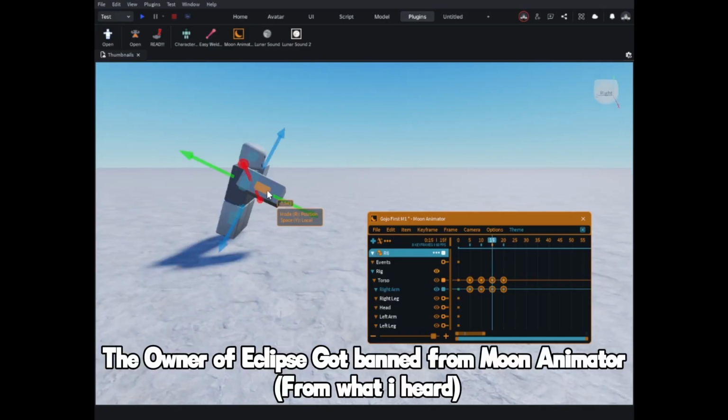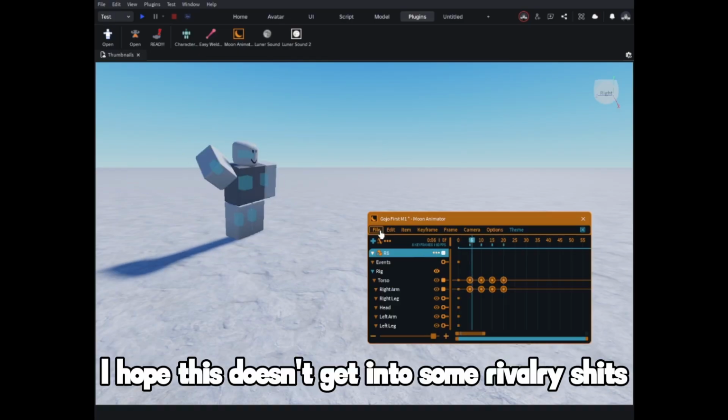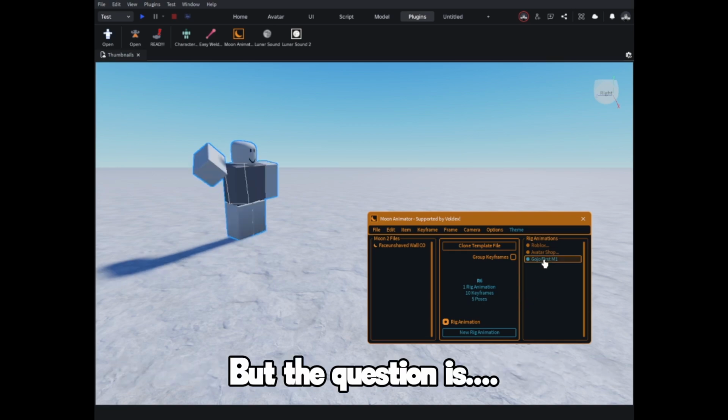Believe it or not, the owner of Eclipse got banned from Moon Animator from what I heard. I hope this doesn't get into some rivalry. That might get sued. But the question is,